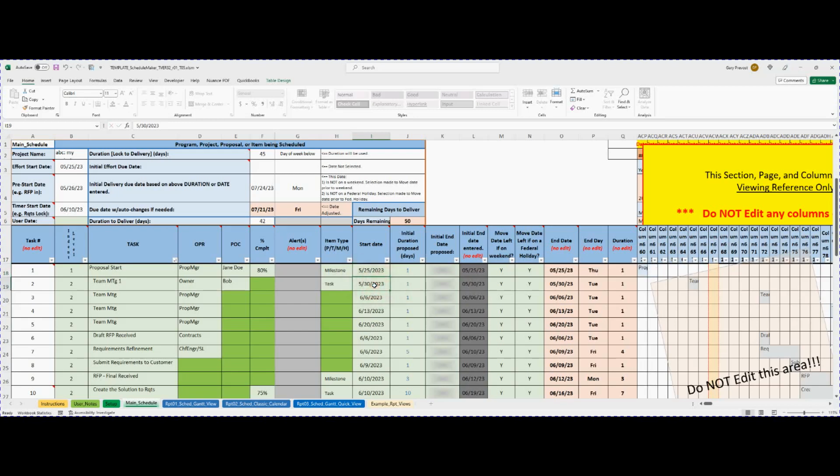Okay, let's say we want to have our meetings every Tuesday, and you'll see on the right here the dates for the team meetings are set for every Tuesday. But if you want to create a template or replicate this for another project, maybe you want that date based on the very first date. So you can click on that cell, and rather than entering a date,